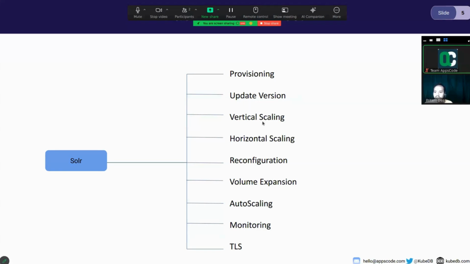And then we have vertical scaling. It deals with the increase and decrease of memory and CPU. Then we have horizontal scaling, which deals with the number of pods in the cluster. And then we can also change the default configuration of our database, and this ops request is called reconfiguration. Then we can also expand the volume of the PVC in the cluster, and this ops request is called volume expansion. And finally, we have autoscaling, which deals with automatic vertical scaling and horizontal scaling on the basis of